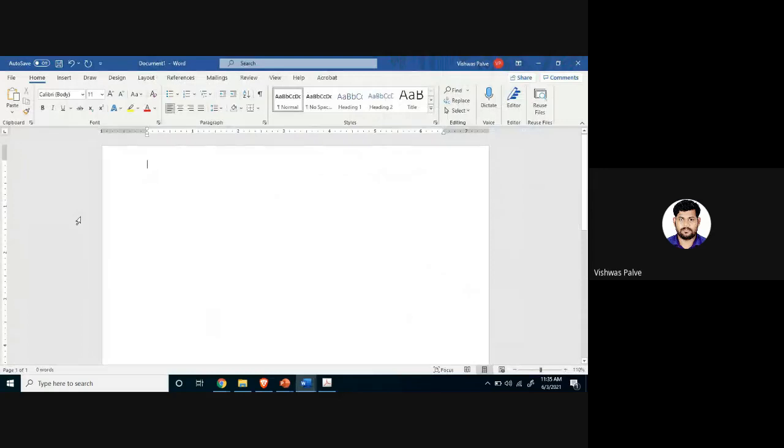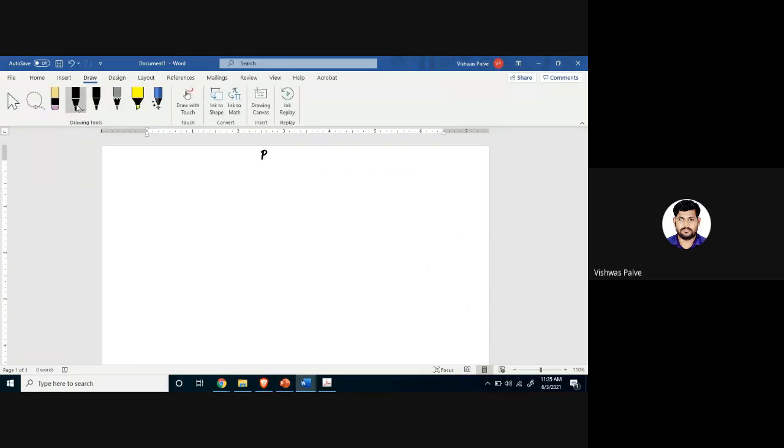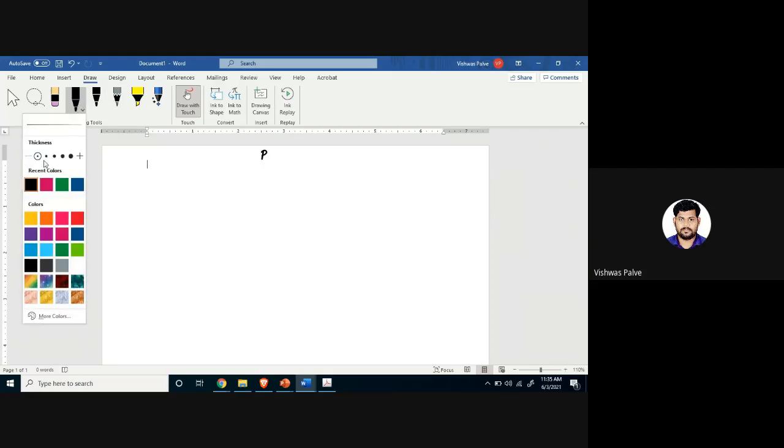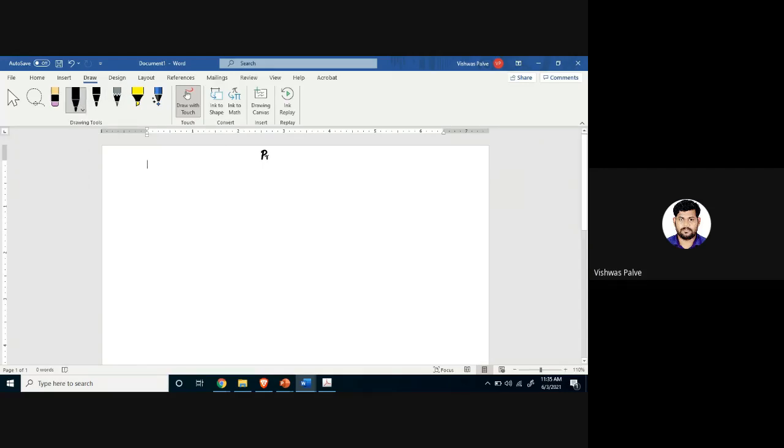Okay, I'll write down the question here. So this is projection of straight line. And to study the third, that is oblique lines, we'll take a question, and that question is a 90 mm